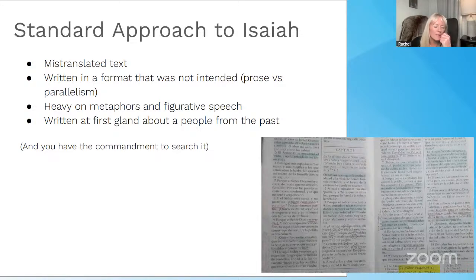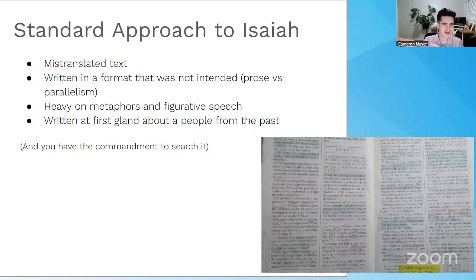I realized that the way the KJV is laid out, our Bible in general, the parts that are poetic aren't written in a way that lends to seeing that. At least when I first started reading Isaiah through the Isaiah Institute translation, it's written in a way where you can see it. I don't know how you describe that, but I think we'll actually show that in a couple of slides.